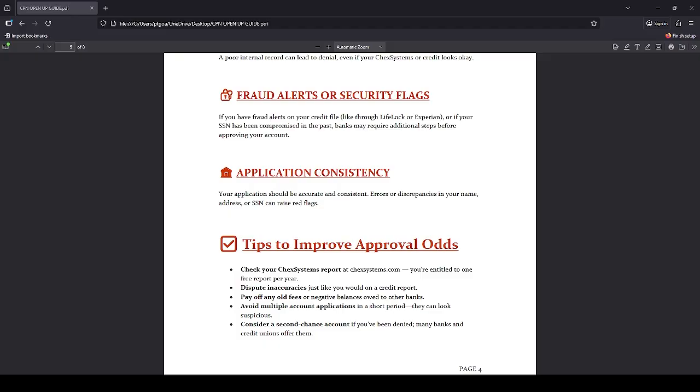Right now, I'm not gonna lie, that's not to say that you won't get approved, because from personal experience, I have had accounts that do these checks. But the best thing to do is to just avoid them altogether. Another thing is,